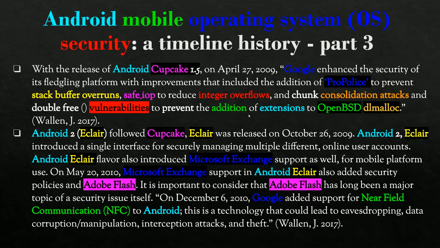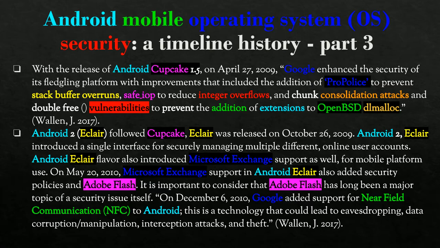Yeah, Android Cupcake 1.5, which was released on April 27, 2009, was Google's enhancement of mobile security.